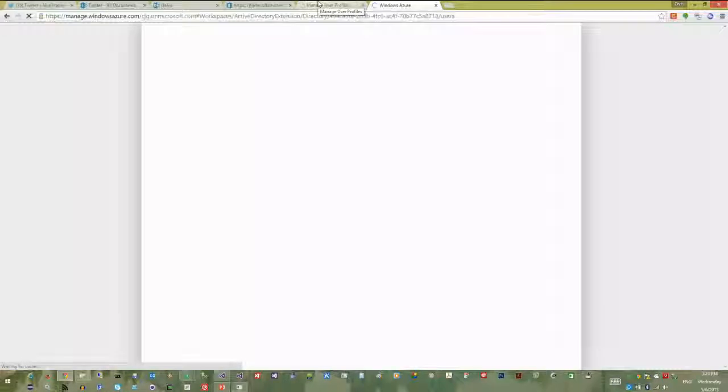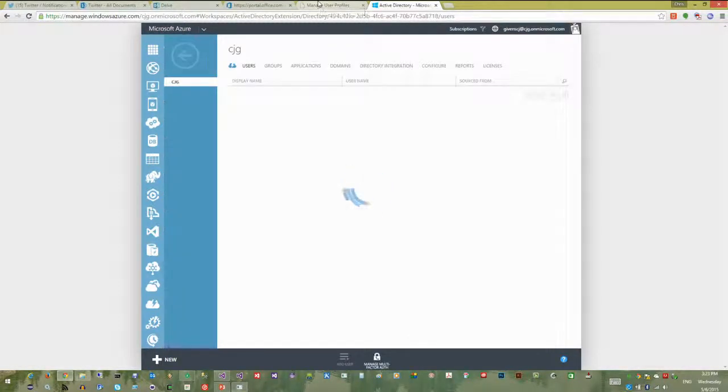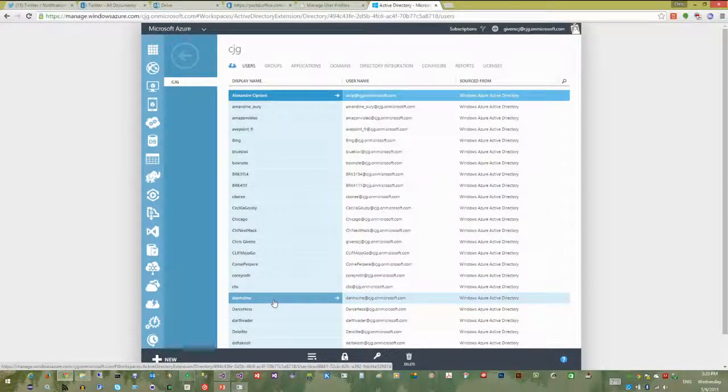Depending on, here we go, if this pops up. You'll see that in my Azure AD, just to prove it, there are users getting created. There are many, many users because I've been running this over the past month. A lot of those are handles. Some people you might know. There's Alexander, right? And we have Coy Roth in there. That's Dan Holm. All those are tweets and mentions that have occurred, and I've automatically created those user accounts.